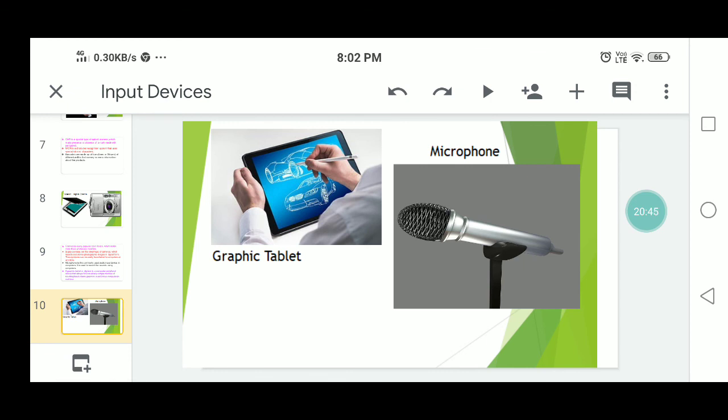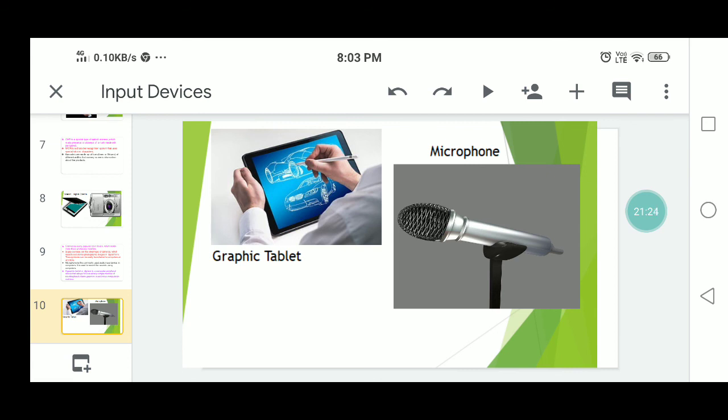The next, graphic tablet. A graphic tablet is a computer peripheral device. It allows a relatively simple method of inputting hand-drawn graphics or art into a computer in real time. In the picture shown, this is the graphic tablet. Someone designs something using the graphic tablet.